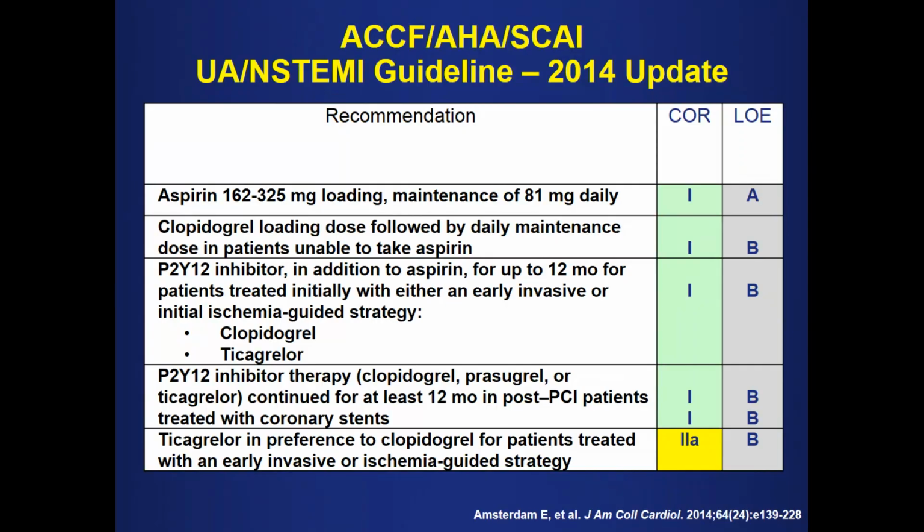P2Y12 inhibitor in addition to aspirin for up to 12 months for those patients who were treated with an early invasive or ischemia-guided strategy, meaning they went to the cath lab. And for that upfront treatment, clopidogrel and ticagrelor is the recommendation. If somebody actually gets a stent or is going for a stent, the recommendation is either for clopidogrel, prasugrel, or ticagrelor for at least 12 months. And there is recognition that ticagrelor is preferred to clopidogrel for patients treated with an early invasive or